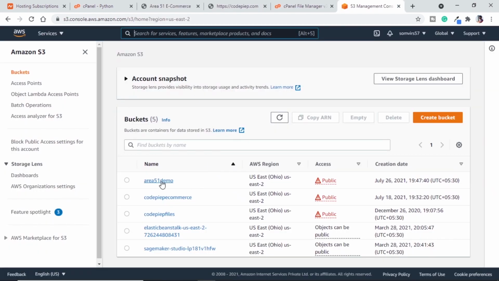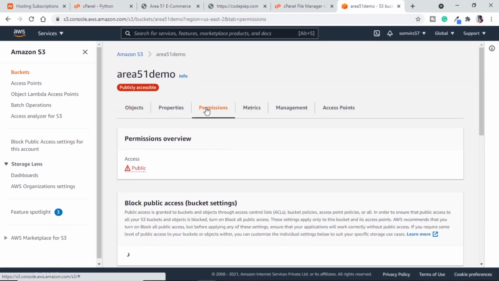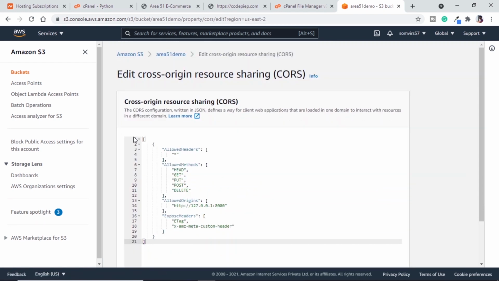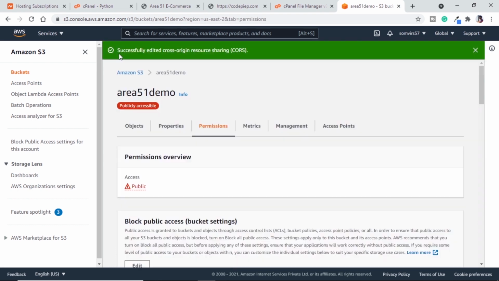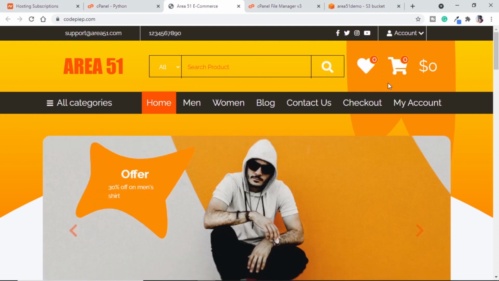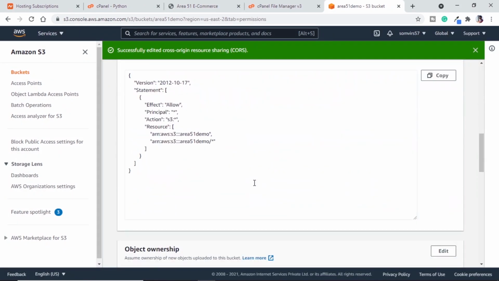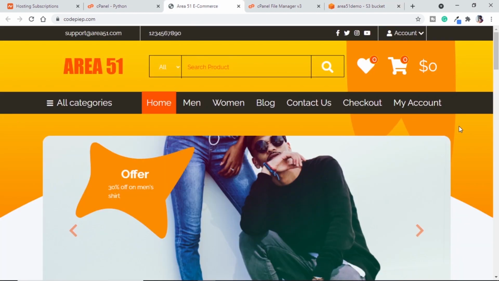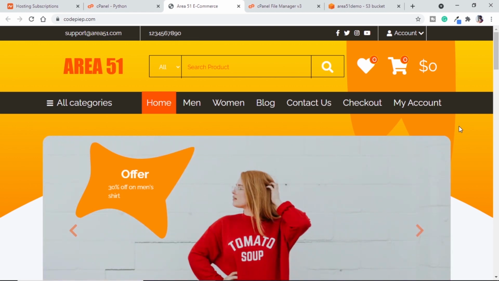In our AWS console, if we go to our bucket, if we go to permissions, if we scroll down to CORS policy, which is this one, if we add it, in place of this localhost, I will paste codepipe.com, which is our domain. If we save this, it is successfully saved. If we reload our website, we should get our icons. But again, in our bucket, in our policy, we need to remove the final slash. So it should be up to .com. The slash should not be there. So finally, we have hosted our website on cPanel. Now anyone that is on internet can see our website.